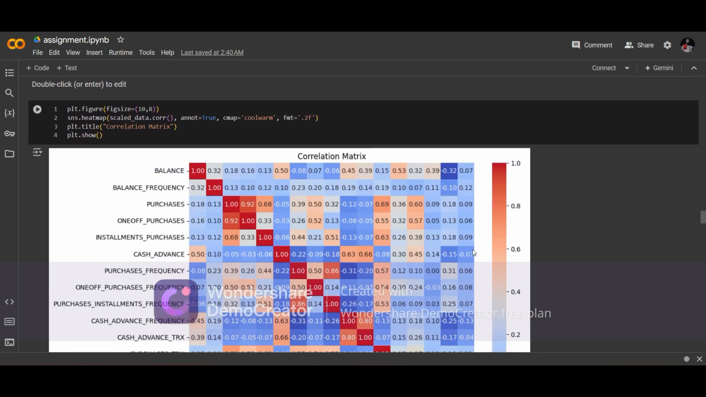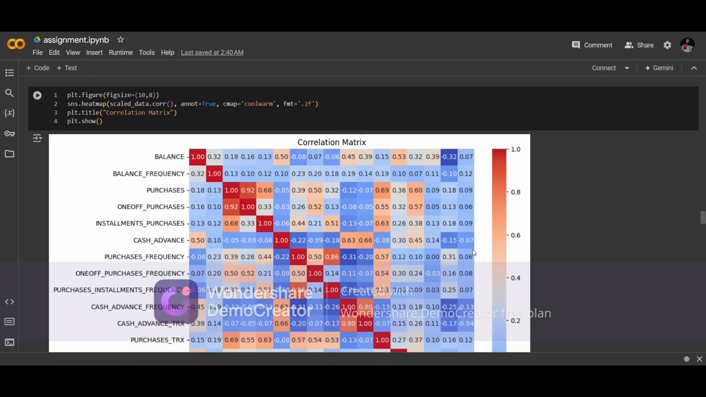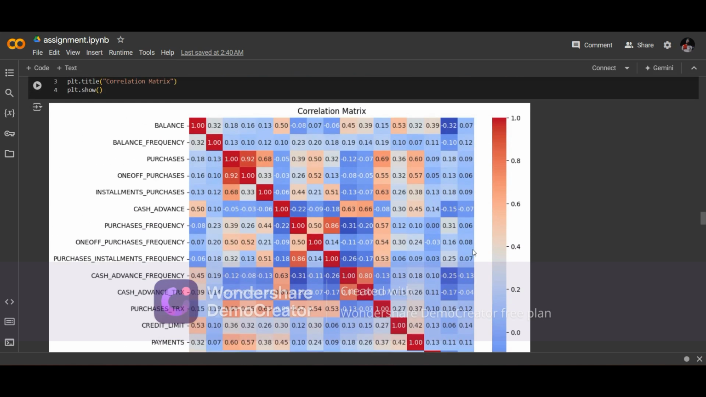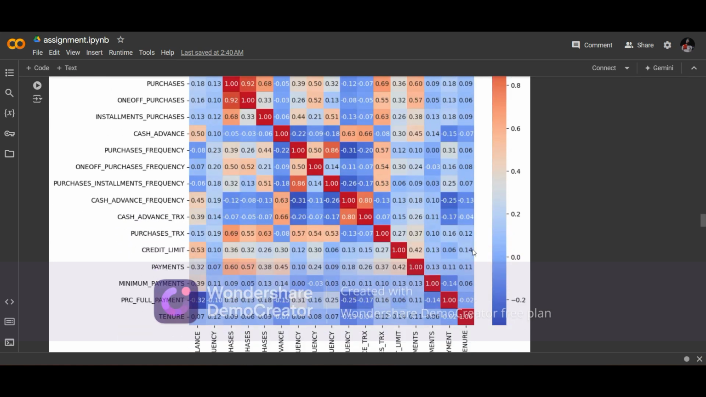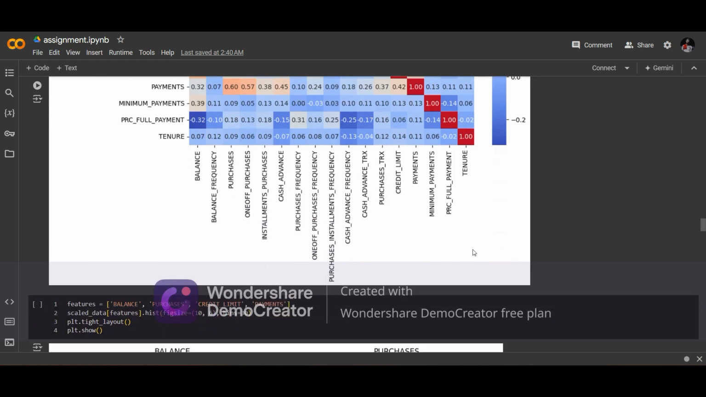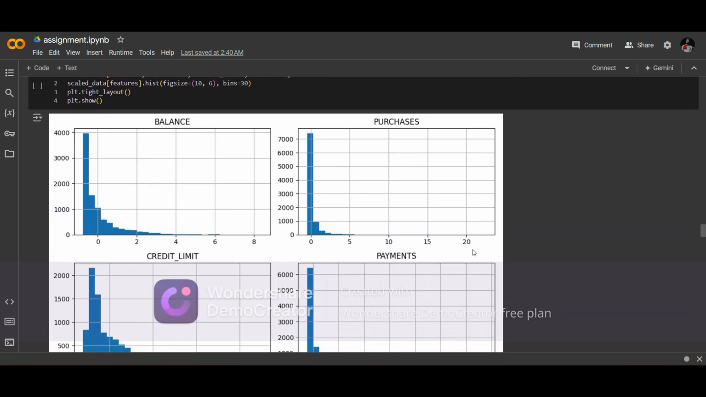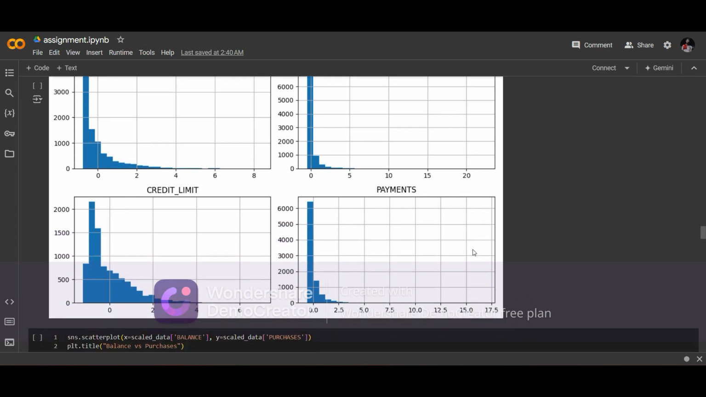Now coming to the exploratory data analysis, where I plotted a heat map which provides the correlation between each feature and the other independent features. Here we can see a histogram plot of balance, purchase, credit limit and payment,